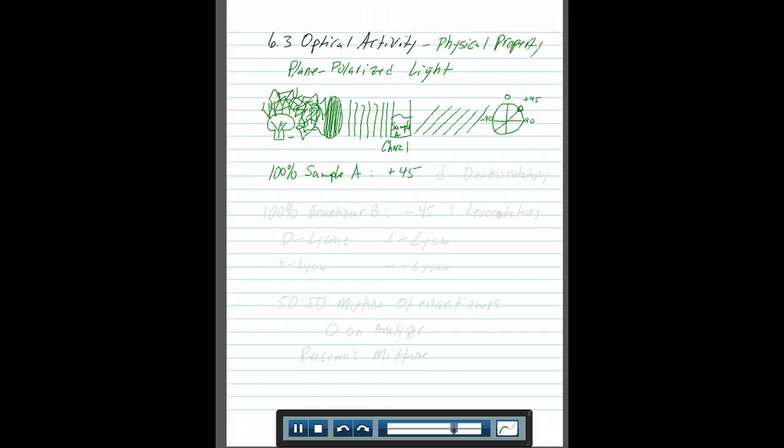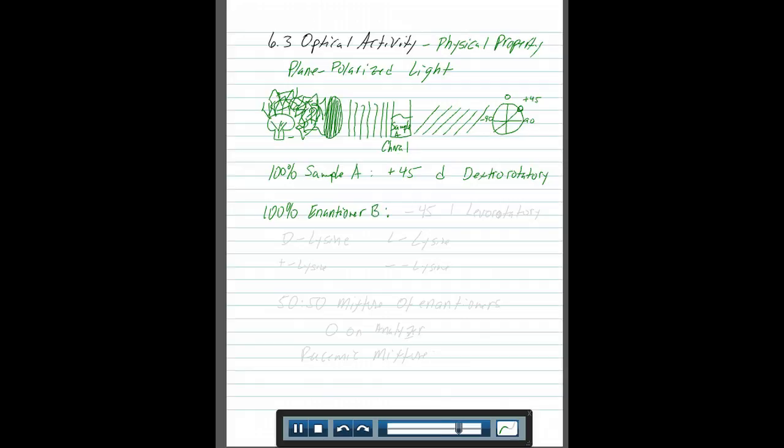Now you can either put a positive or you can put a D. You might see D sometimes, or the word for D is dextrorotatory. The D implies that the light shifts to the right. Now, if you had the enantiomer of that compound, so if you had 100% of enantiomer B,